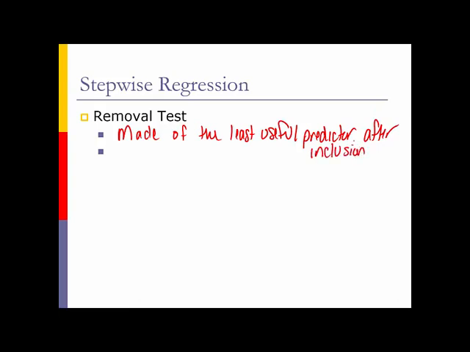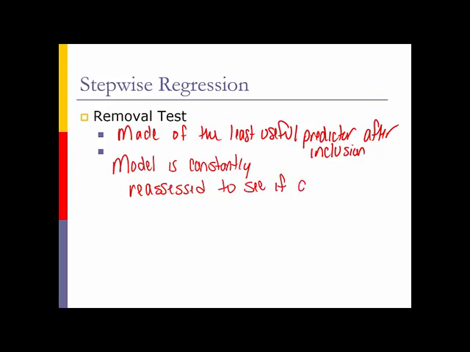After it's included the least useful predictor, what SPSS will do is regress this equation and reassess it to see if we can remove